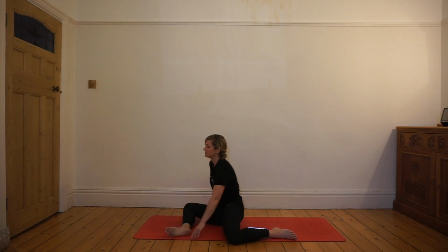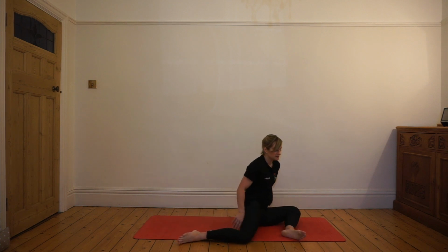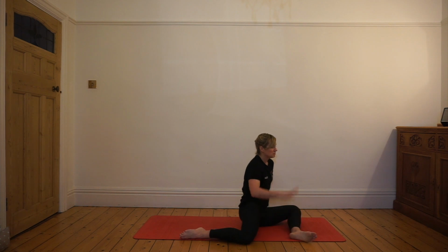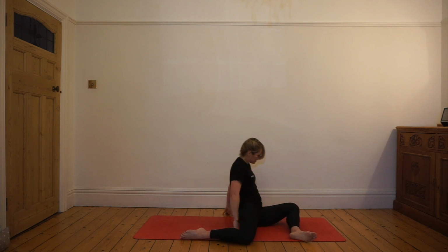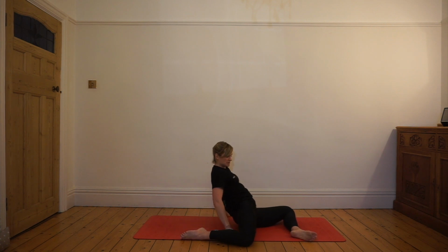And back to middle. Now we're going to rotate the legs around and repeat this on the other side. So knees at 90, the right knee should be in line with the right hip, the left thigh should be directly facing forward. Place your right hand behind your right knee, left hand out and behind you on the left side, and then you're going to lean backwards